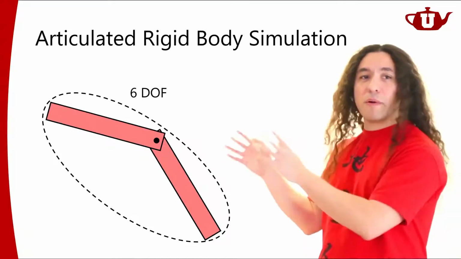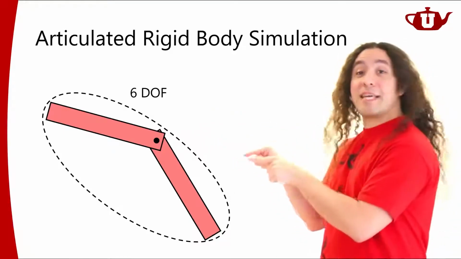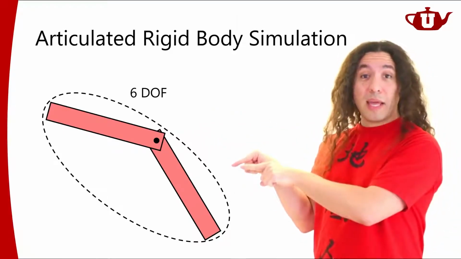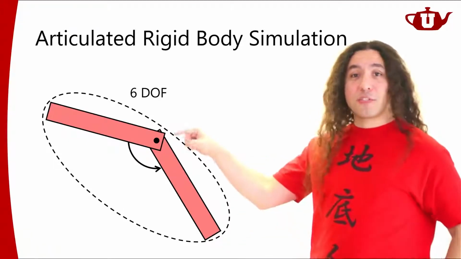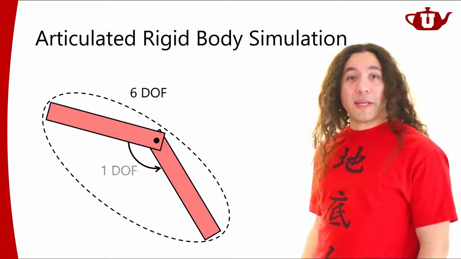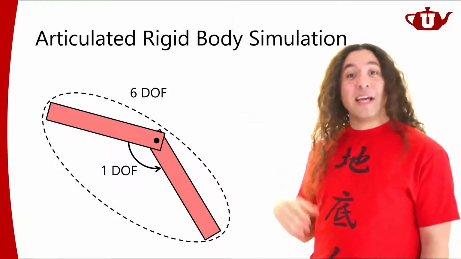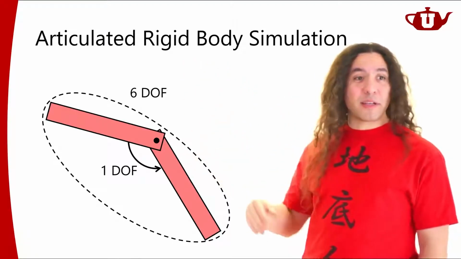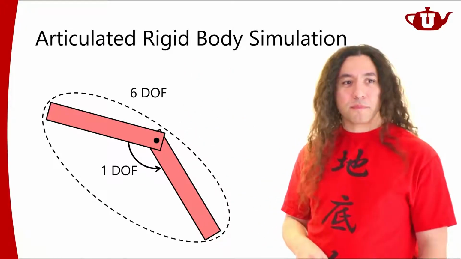It can move around and it can rotate around. That's 6 degrees of freedom. This object is not a rigid body, though. It can deform. How can it deform? It can deform around this joint. So around that joint, I have 1 additional degree of freedom because it can bend like this, right? So if you look at this, its total degrees of freedom will be 7. So basically, we end up with the same thing, obviously, right?